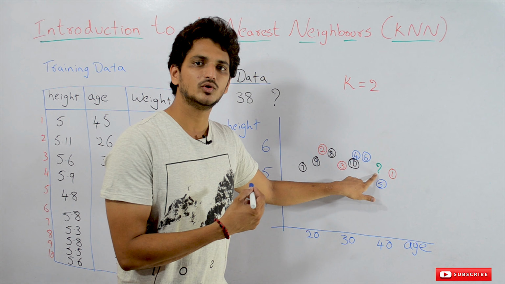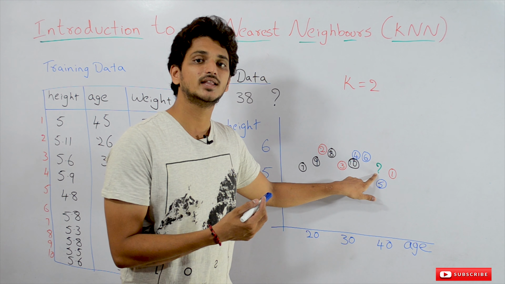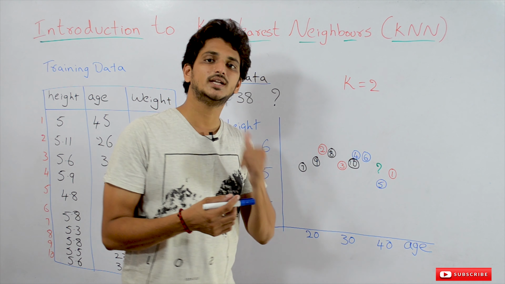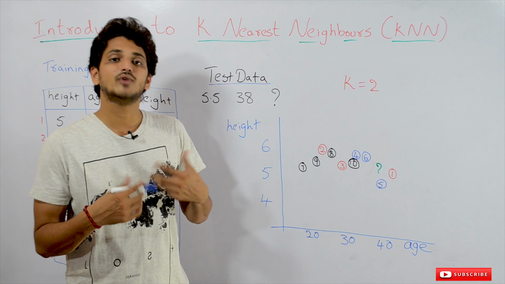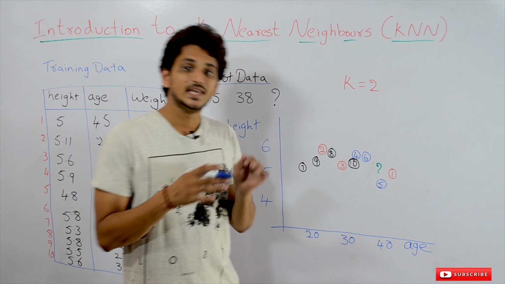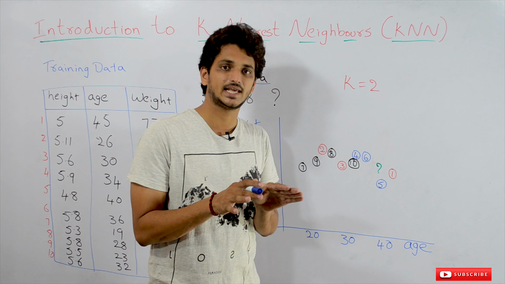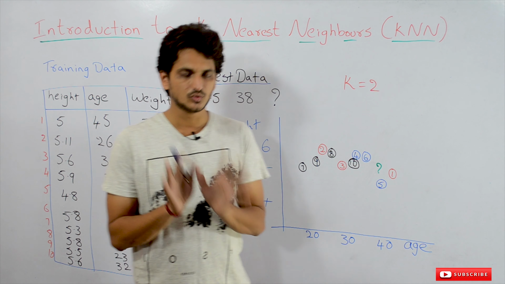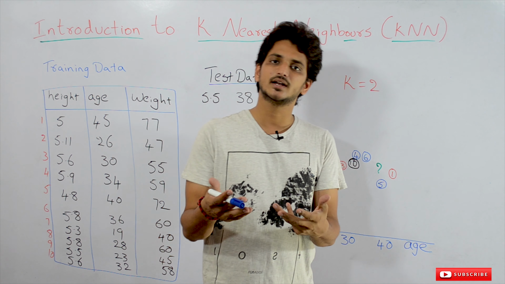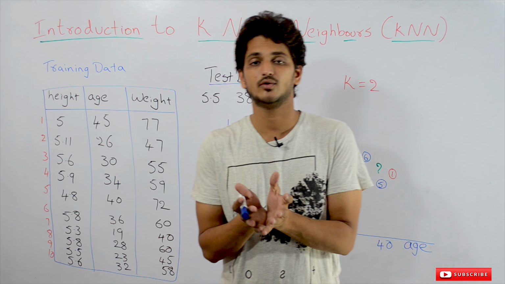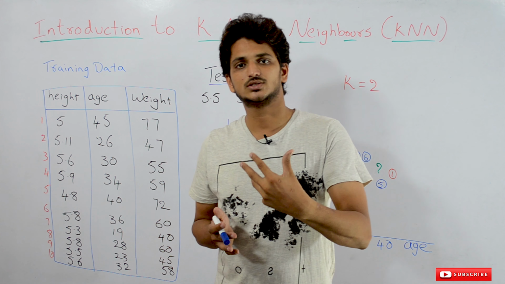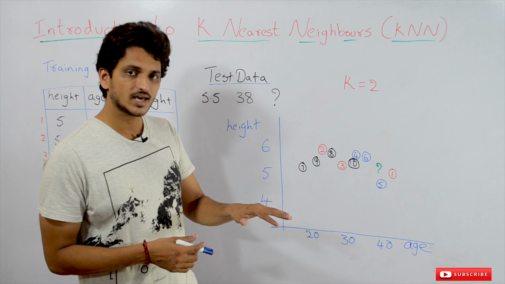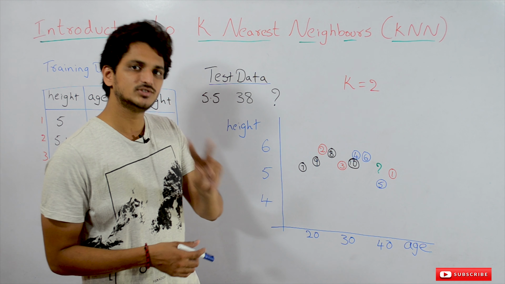So what we have to do is identify the k nearest neighbors. What is k? Which value do we have to take? Here we are assuming that k is 2. It is not necessary to take only 2. We can take 5, we can take 10. Which k value we have to take, all these concepts we will cover step by step in our next classes. For here, assume that k is equal to 2.